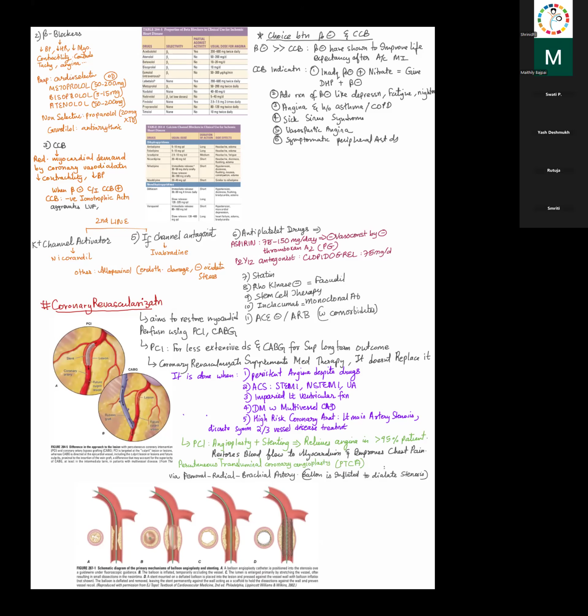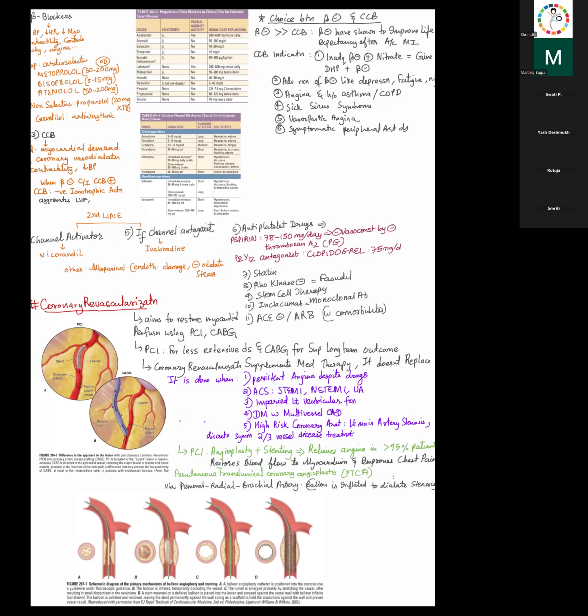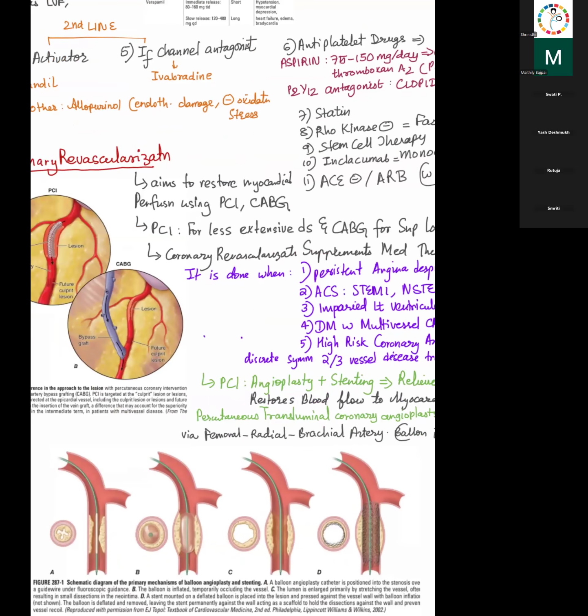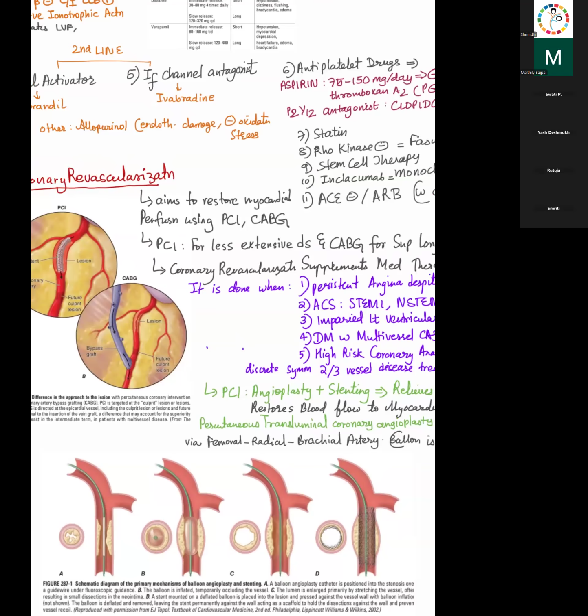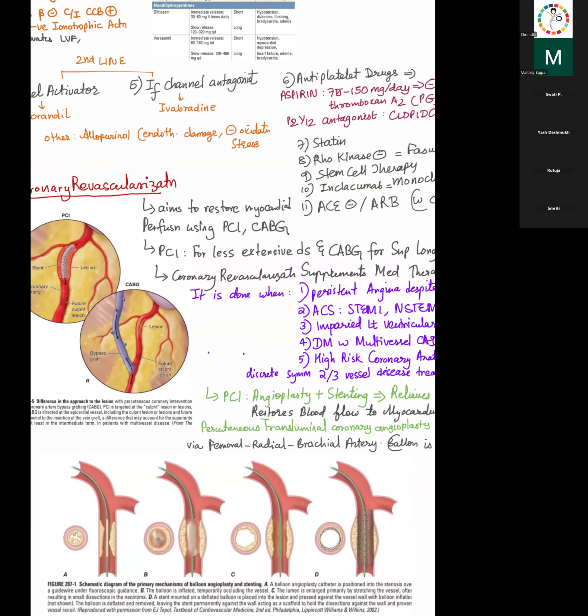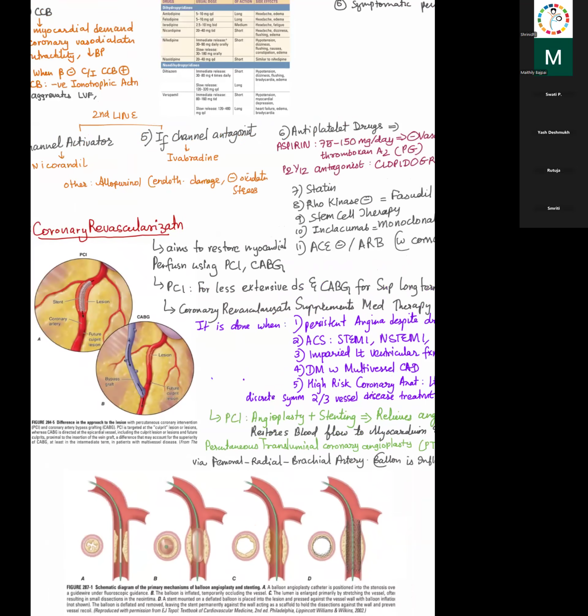So, percutaneous transluminal coronary angioplasty is done via the femoral, radial, or brachial artery. Balloon is inflated to dilate the stenosis area. So, ये डायग्राम है जिसमें बलून को इन्फ्लेट करके हमने ल्यूमेन का साइज फिर से रिस्टोर कर लिया है।